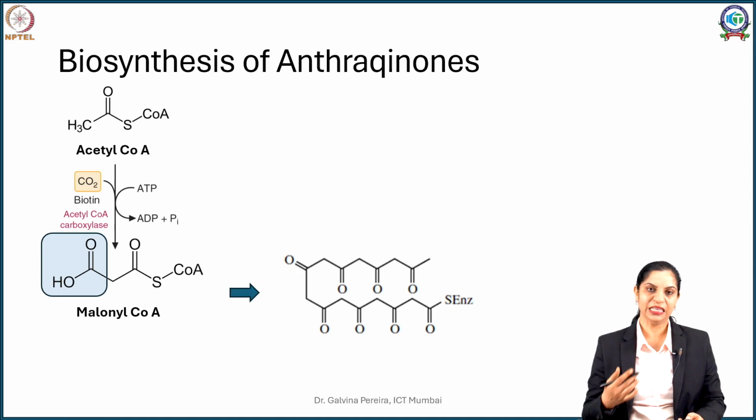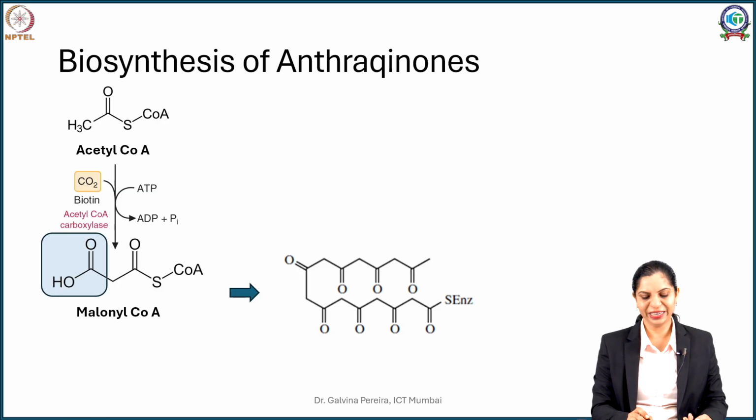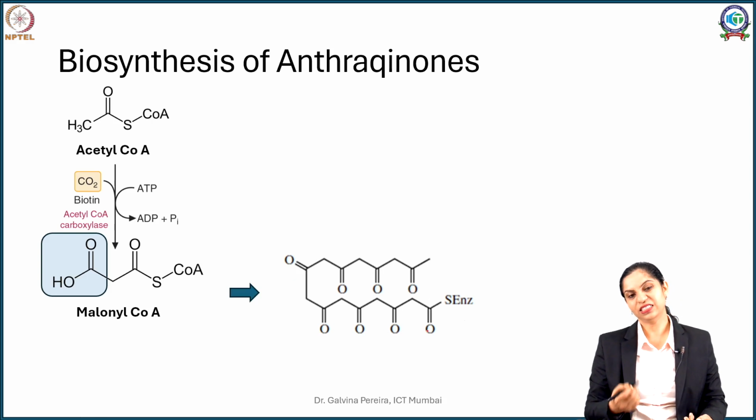Now these structures then polymerize. So imagine this is a 2 unit, add one more acetyl CoA to it, you will form a C6 unit. So this is C4, you will get C6, C8, C10 and so on. Now imagine 8 such units joining. You can count 8 very easily by counting the ketones out here. So 1, 2, 3, 4, 5, 6, 7, 8. So 8 such acetyl CoA getting converted to malonyl CoA and being added up will give you what are called polyketides.